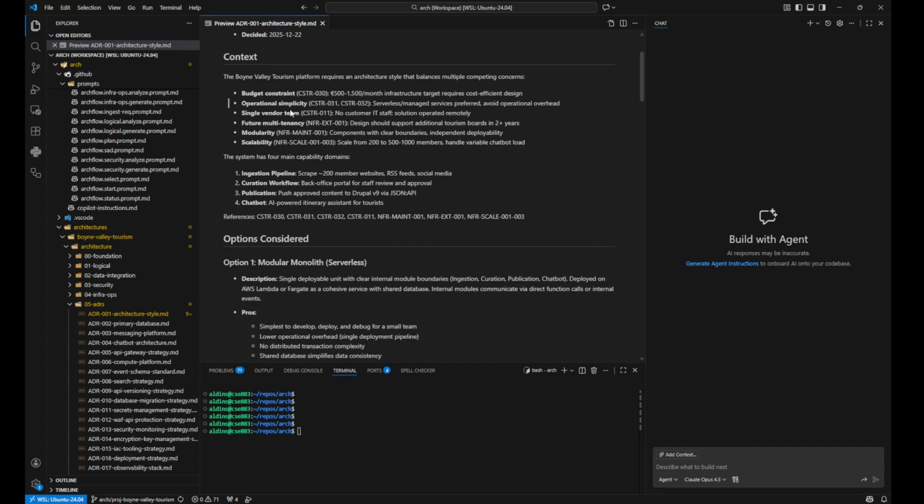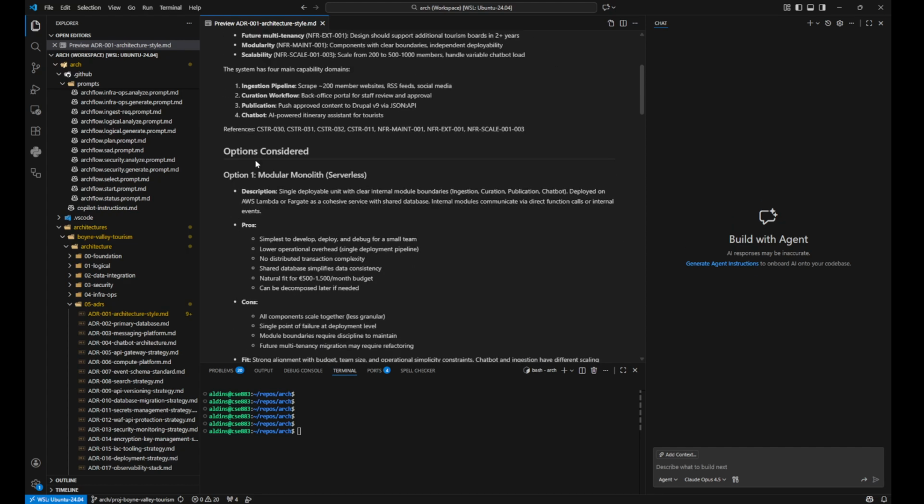Then we get some context describing the decision, the background, why it's needed, and where it comes from. We get all the references here as well, followed by the number of options which are